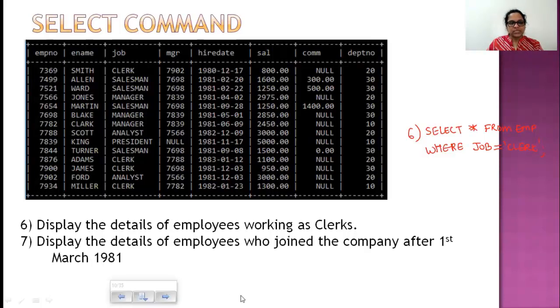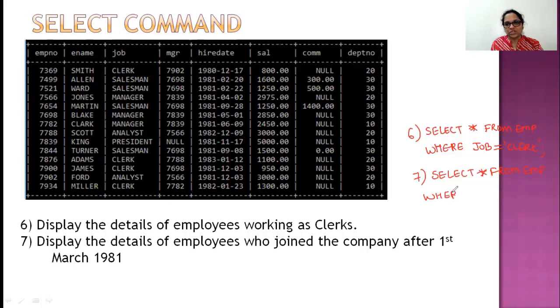Next, let's see. Display the details of employees who joined the company after 1st March 1981. Okay, how do I write this? Details again. So what do I write? Select star. From which table? From EMP. What's the condition?